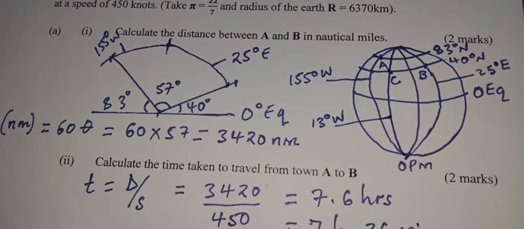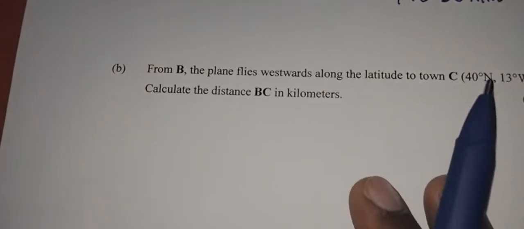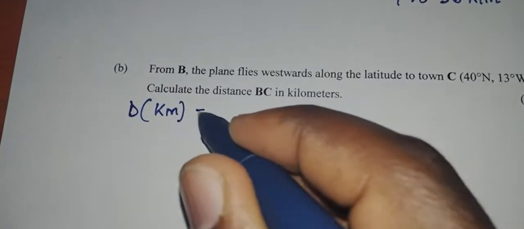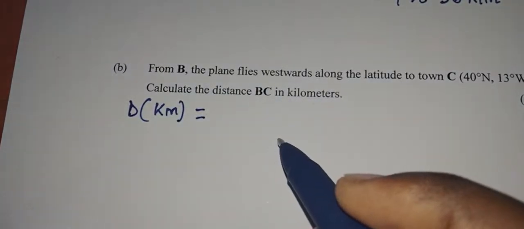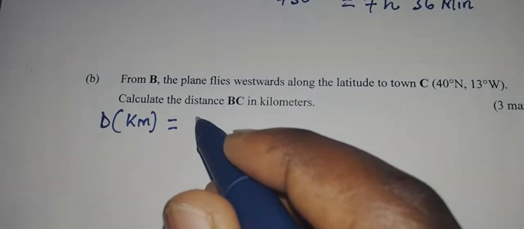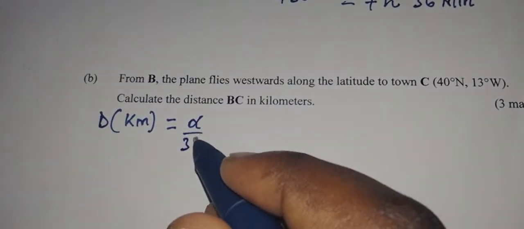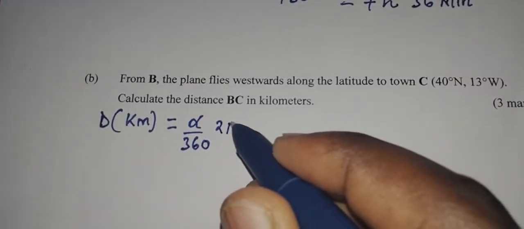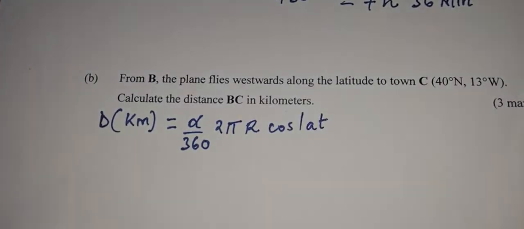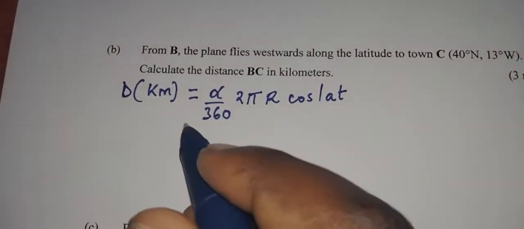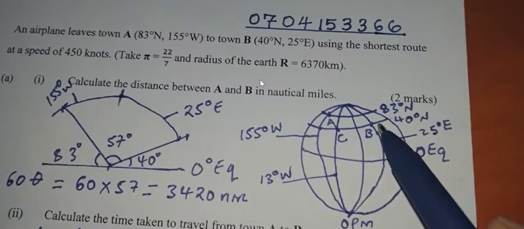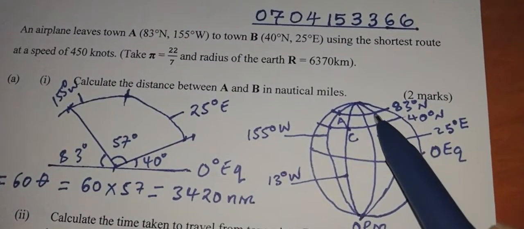Along a small circle, distances in kilometers have a formula. We get such a distance in kilometers along a small circle, or along the circle of a latitude, using an angle alpha divided by 360 times 2 pi r cosine of the latitude. This is when distance is along a latitude. Now theta is the longitude difference. Moving along the same longitude way to 13